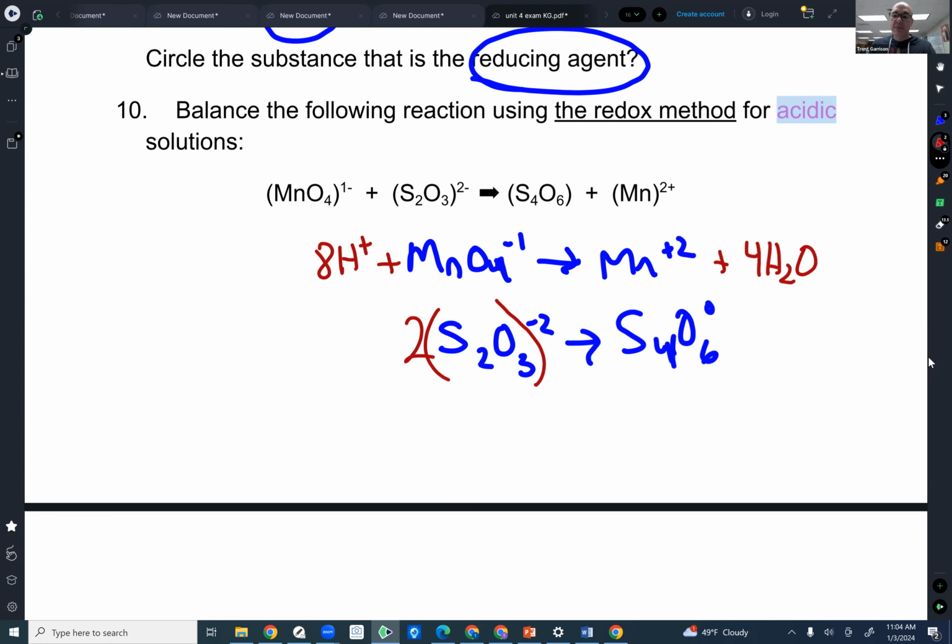Because now I am all balanced with the elements, now I have to look at the charges. The charge on the left side is +7. The charge on the right side, all of this, is +2. So I've got to make those +7 and +2 equal. I don't have to make them equal to 0. I just have to make them equal. So that means I need to add 5 electrons to the left, because 7 minus 5 gives me +2. Now they're both equal. On the bottom half, because I have -4 total here, I have to add 4 electrons